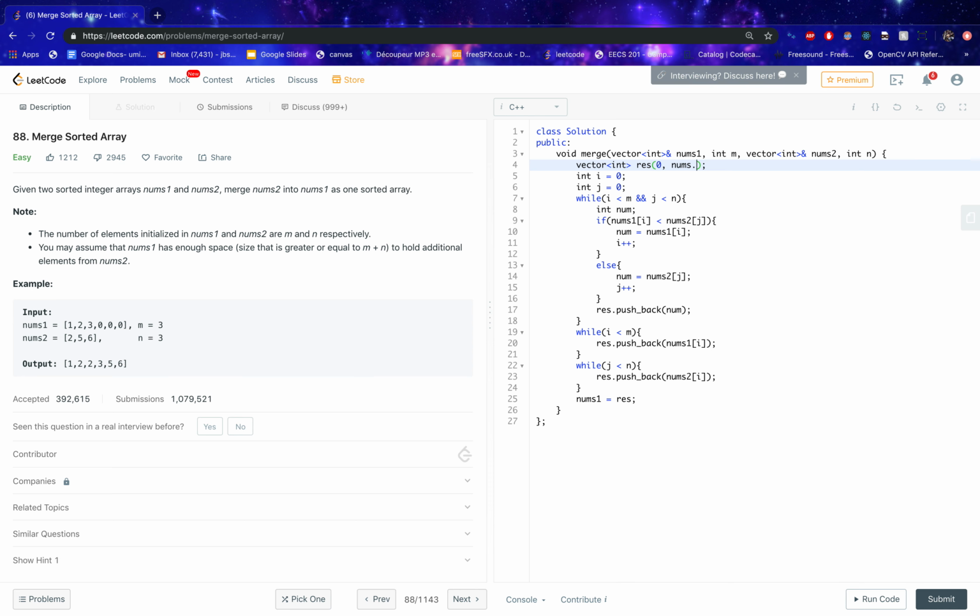So fill it up with nums size of zeros, and then instead of pushback, I do need to control